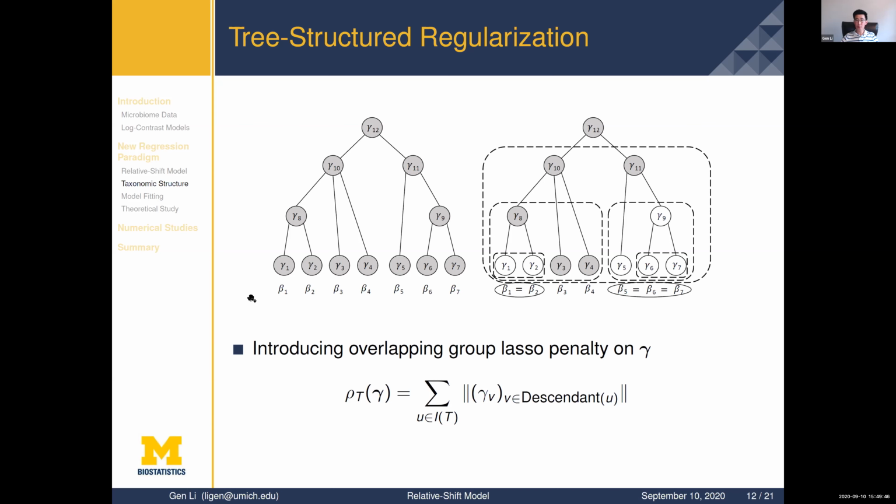As a result, if one group is equal to 0, then the corresponding coefficients, corresponding to those leaf nodes, actually are equal to each other, so that we achieve equisparsity. Take this as an example where gamma 9 equal to gamma 5 equal to gamma 6 equal to gamma 7 is 0. Then by definition, we can say that beta 5 and beta 6 and beta 7, the three regression coefficients, are equal. So that's how we introduce